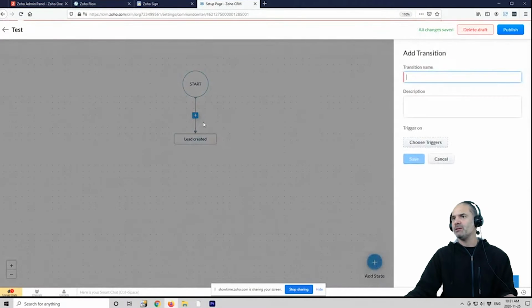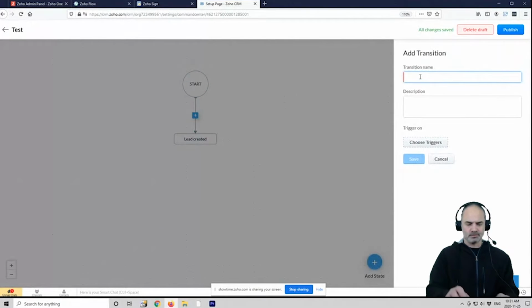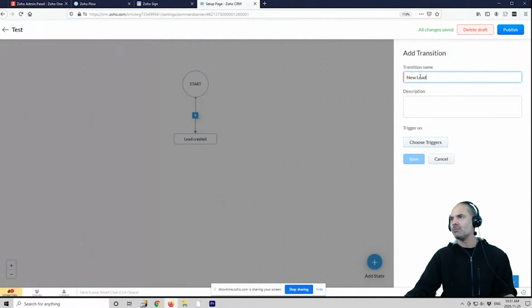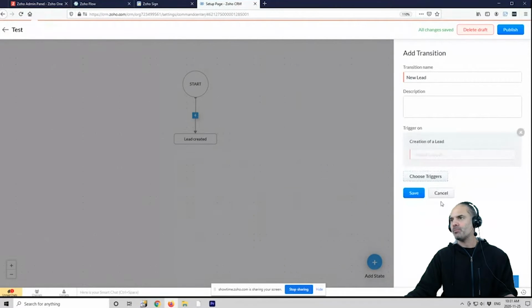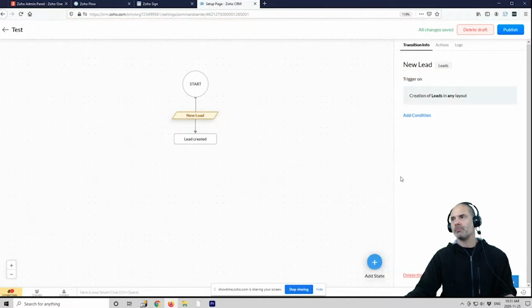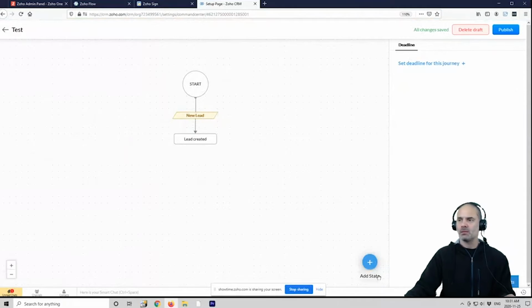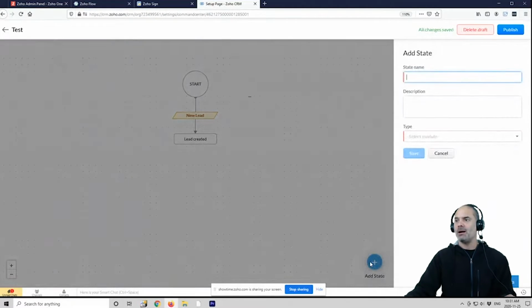And let's call it new lead. And the trigger is when a lead is being created. You see here? Right. And then farther along, it will be the new creation of a contact with certain criteria on it, and then we'll move them to the next state of Command Center. Is that basically the idea?